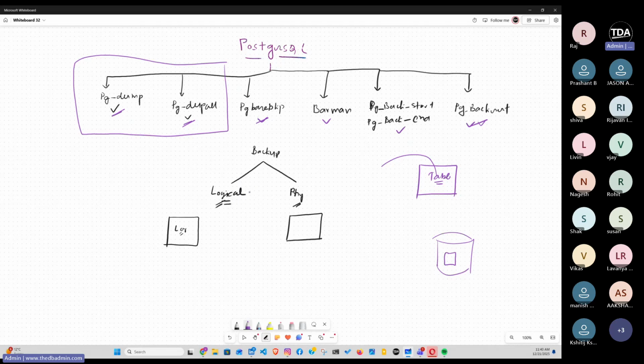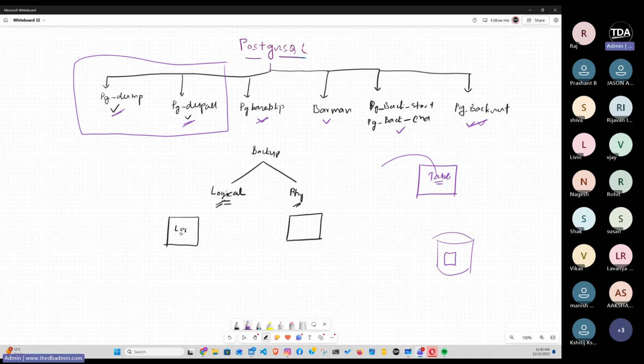Either your database is running on Kubernetes, Docker, Docker Compose, or a Docker Swarm cluster, it is just a database. Okay, so don't get confused. My statement is clear to everyone. Let me make it simple. You have Oracle RAC or Oracle. Will your backup and recovery strategy change? Anyone? No. No, same.